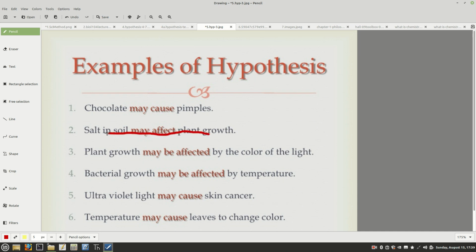Notice, what do they say here? It affects plant growth. It didn't say that it couldn't have salt, or salt is a poison, or always the more salt, the less it grows. It said it affects. So salt in the soil may affect it. That means it might make it go either way. You didn't say that it went in one particular direction. You said that it just affects it.